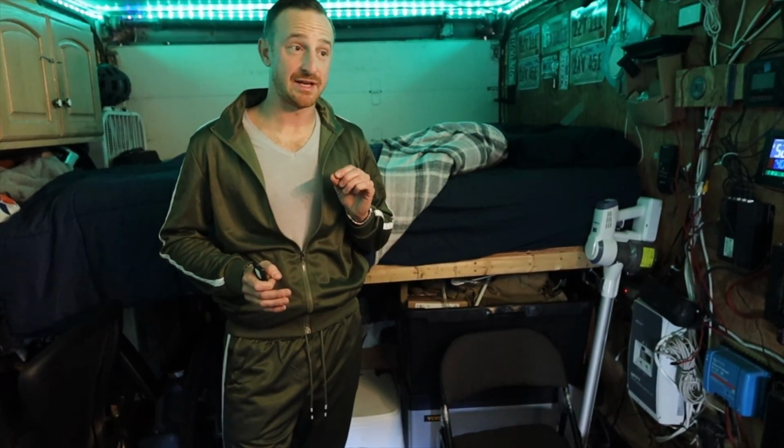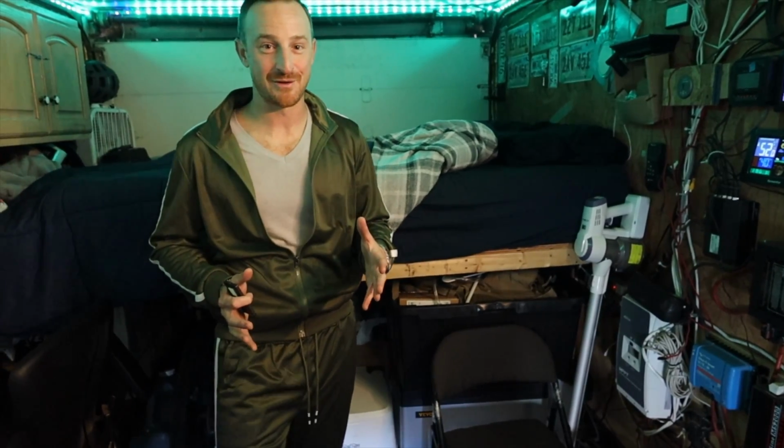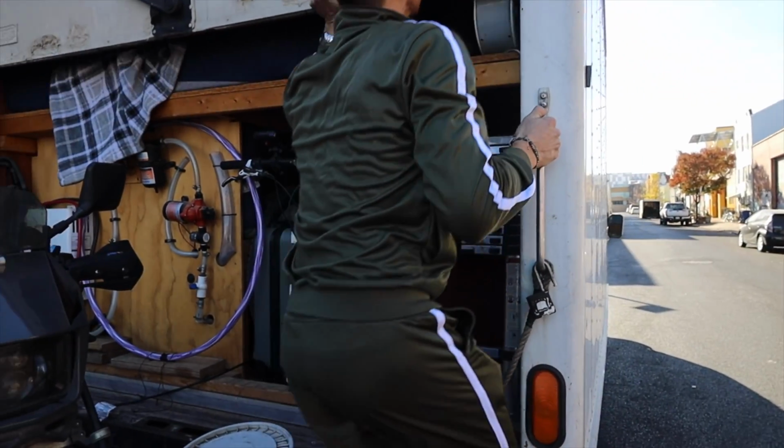But I will say that everything that I have has a very specific purpose. I just have more fun things that I didn't have 3 years ago. So under the bed, we have things like a stand-up paddleboard, inflatable. There's a mountain bike under there. There's a couple of camp chairs. There's also a 30-gallon freshwater tank, which faces the back, but is still under the bed, and a whole bunch